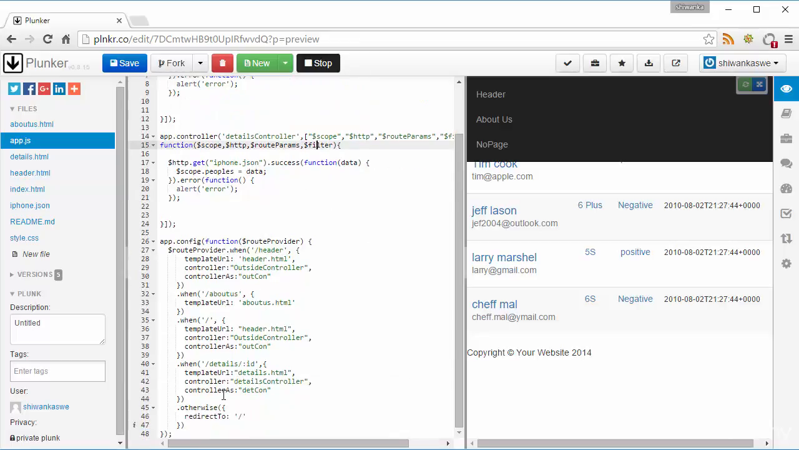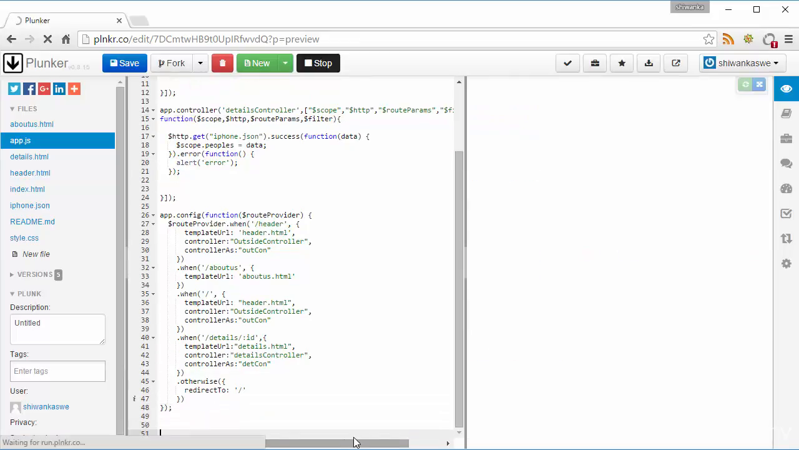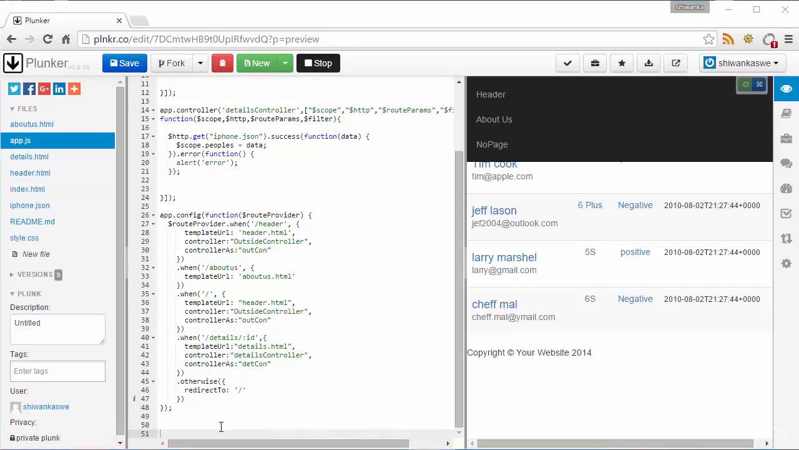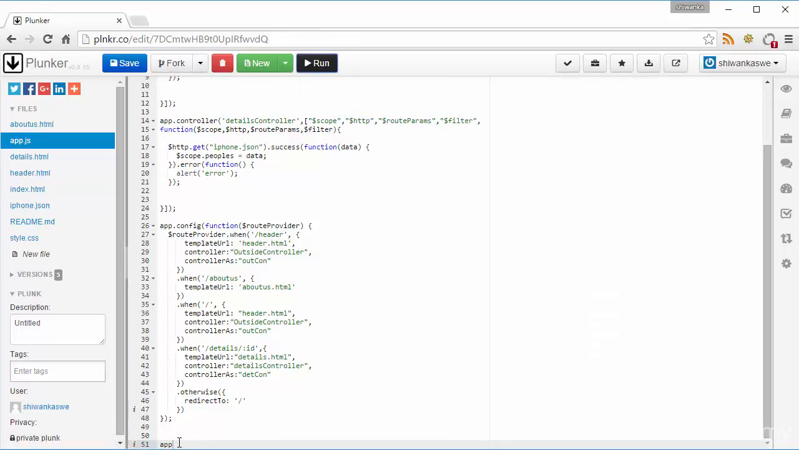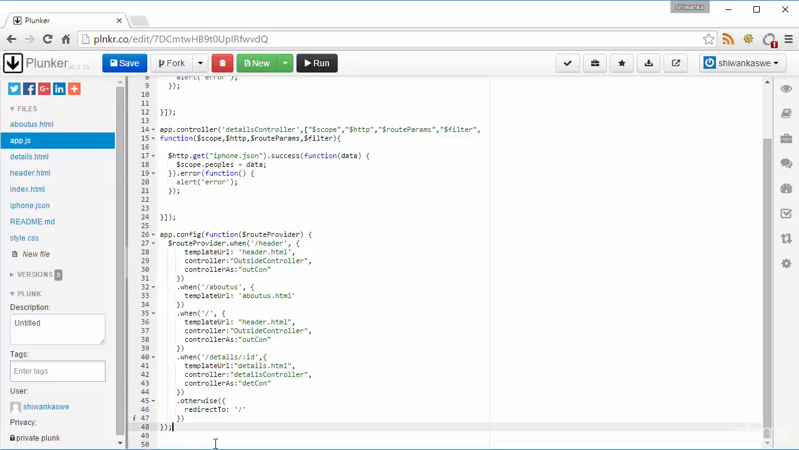For that I need to write a command, the filtering module. We'll see how we are going to do that. App dot... I'll stop this running and we will run after I finish the typing. App dot filter, and I need to give a name for this filter. I'll put filterById, and I'm going to declare a function,